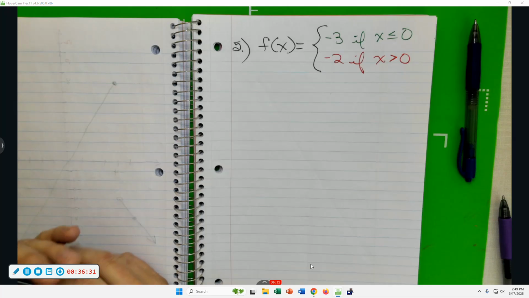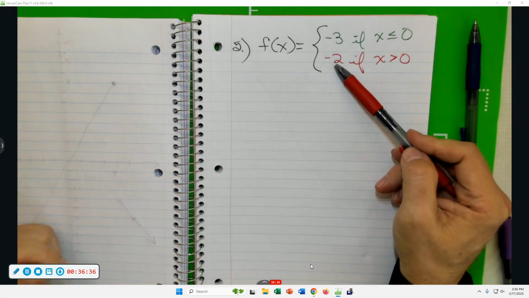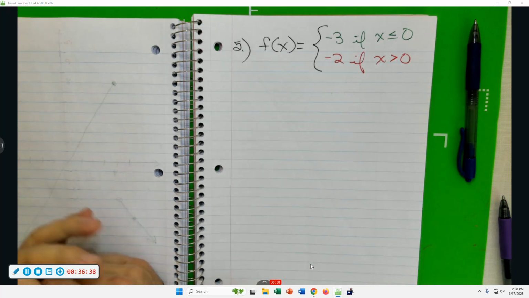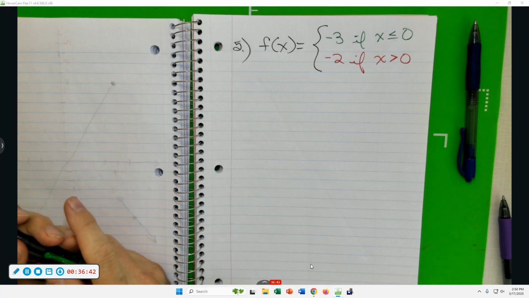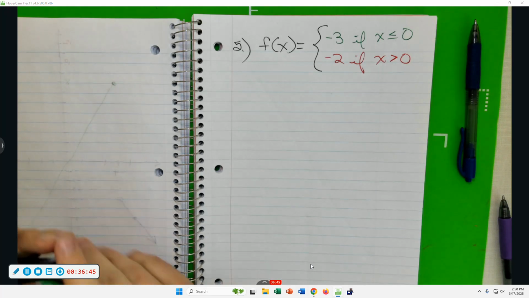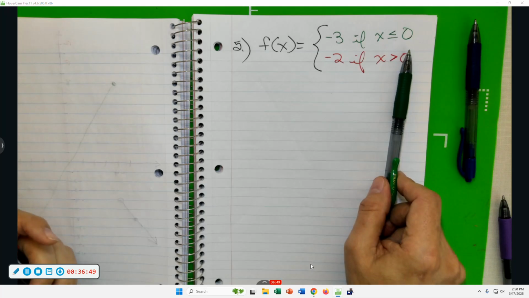What's my cut point? On the x-axis, at what number will the green piece change to the red piece? There's only one number appearing within those inequalities. What is it? 0. You see a 0. 0 is the cut point. So